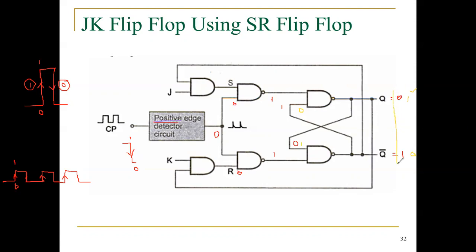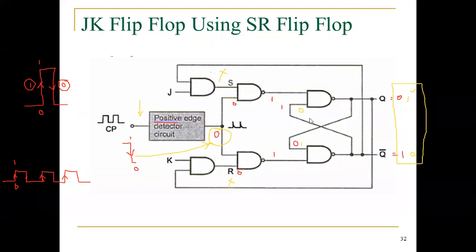What is the understanding from this? Whenever my clock input is equal to 0, that means negative edge triggering in this configuration. So at the time of negative edge triggering pulses, that means this kind of pulses, 1 to 0 transition, whatever may be the things, I am not considering S and R. One of the inputs is equal to 0, so there is no change. I think you got a clear idea.